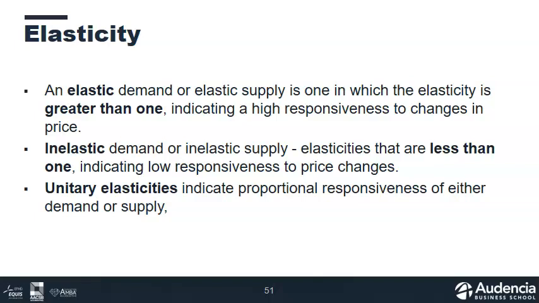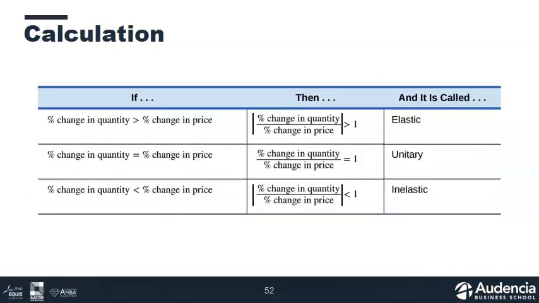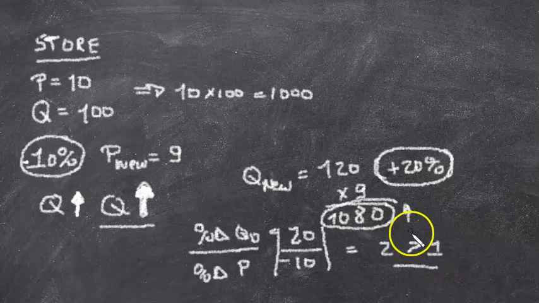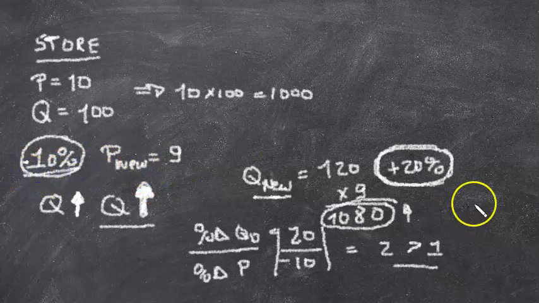So we either have an elastic response or an inelastic response, depending upon if the ratio we calculated was greater or less than 1 in absolute terms. And if we go back to our example, we saw again here that this ratio, the percentage change in quantity demanded, went up by 20%. The percentage change in price was down 10%, so the ratio 20 over 10 is greater than 1. It's an elastic